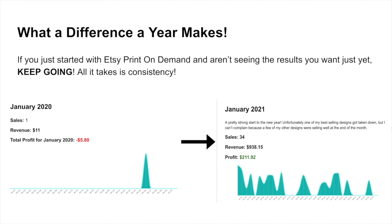So, that just goes to show the difference that you can see in just 1 year. I mean, obviously I've made more money than this throughout 2020, but still, I just think the difference is honestly astonishing, and I hope that those of you out there doing print on demand, whether it's on Etsy or Redbubble or Merch by Amazon or whatever, don't give up, because obviously it's hard